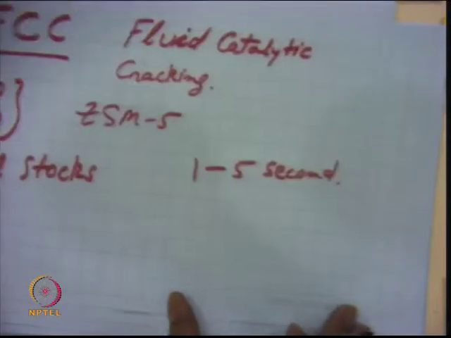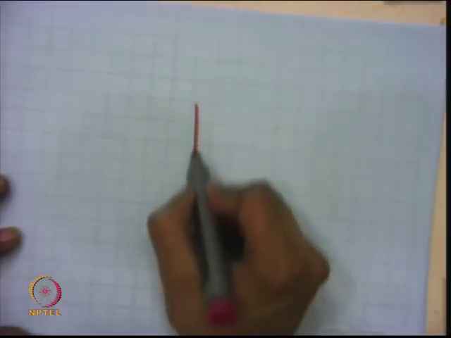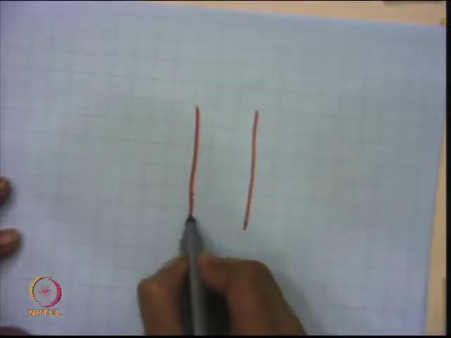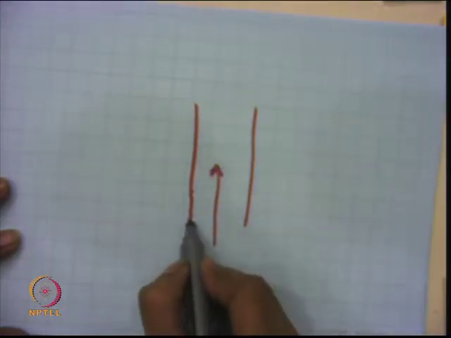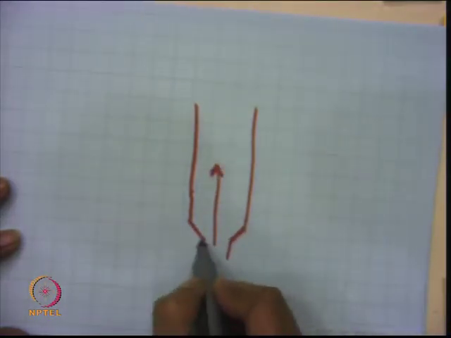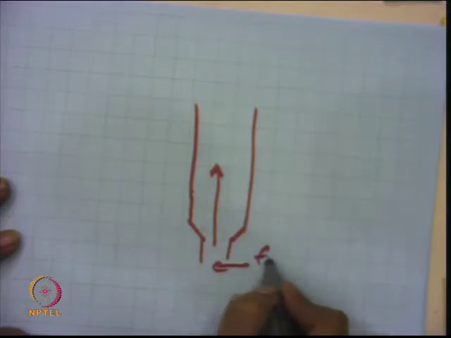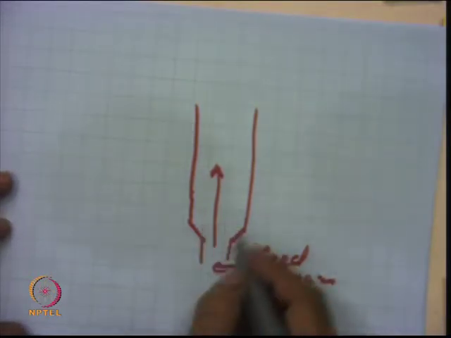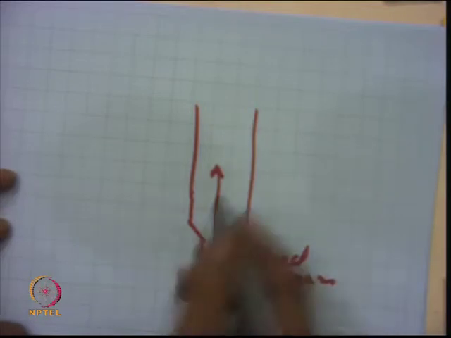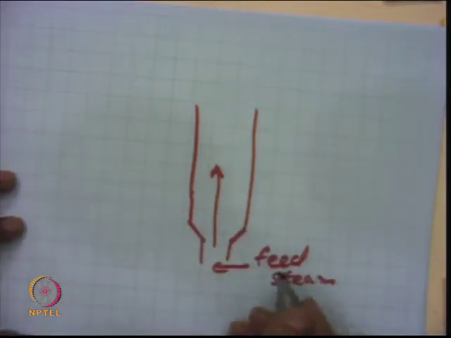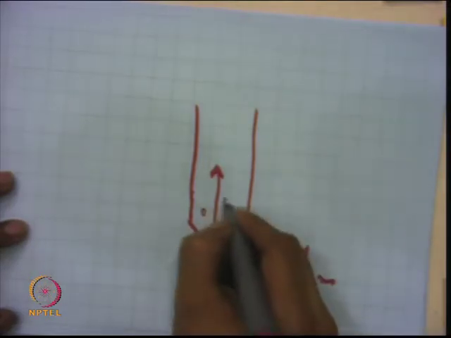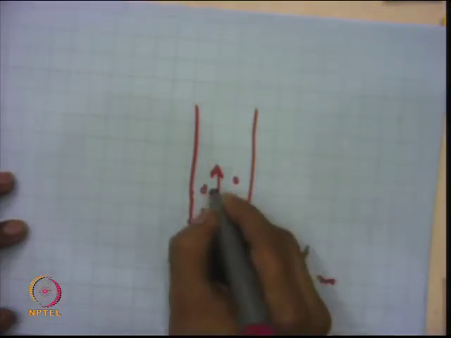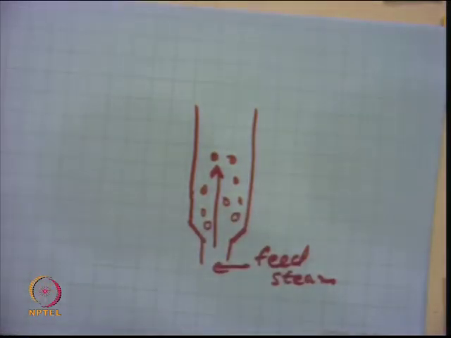In that case, you need a system where you continuously feed the catalyst, and the feeding of the catalyst is done along with the feed. So, you have the feed, say vapors of AGO along with some steam, and some fluidizing media, either steam or the feed vapors itself. The vapor and the catalyst are inside the reactor in fluidized bed condition, and this can be a riser type of cracking, because most of the cracking takes place in the initial portion.